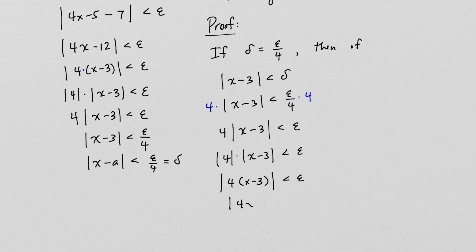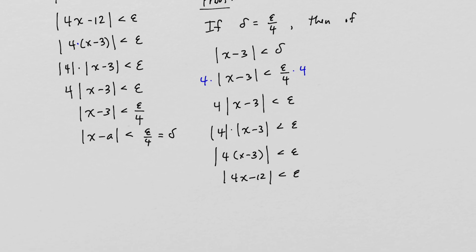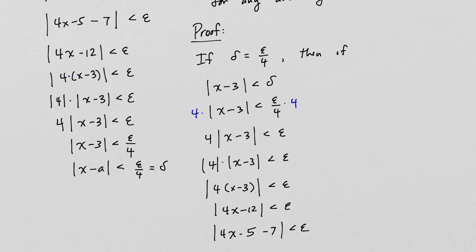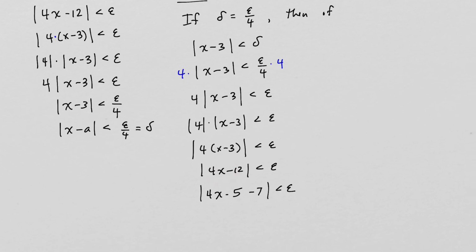And then I can multiply this out. And now we can separate this to be the absolute value of 4x minus 5 minus 7. Now, of course, how do I know that I need to do this? Well, again, I know what my function is. I know I have 4x minus 5 in the beginning. So when I get down to 4x minus 12, I'm going to write that as 4x minus 5 and then minus 7. And now you see what we have there is the absolute value of f of x minus L